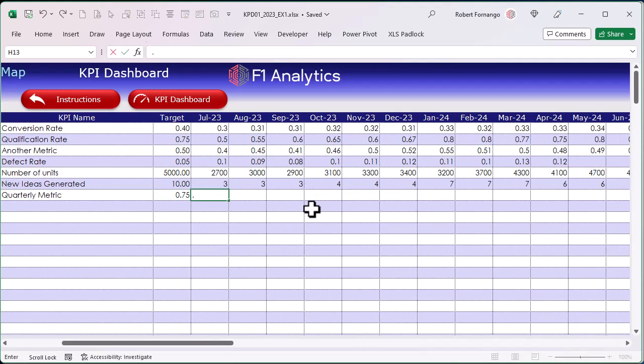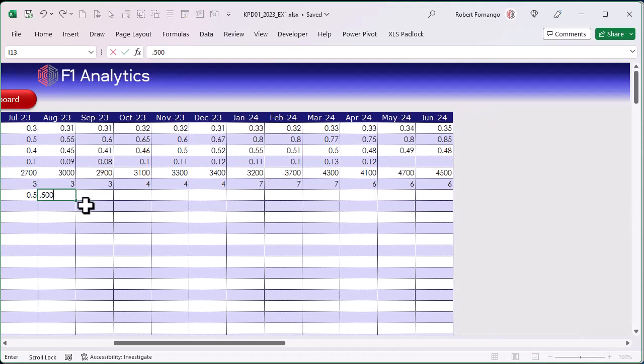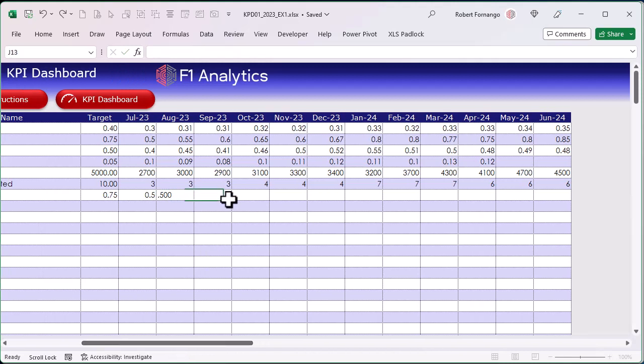Let's say we begin at 50% in the first quarter, and we would have 50% then for each of the first 3 months, and then perhaps we saw an increase to 60%, and we would see